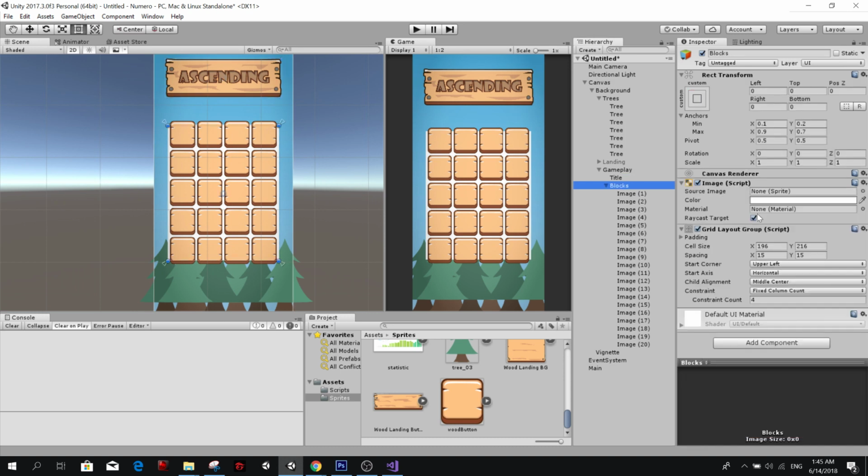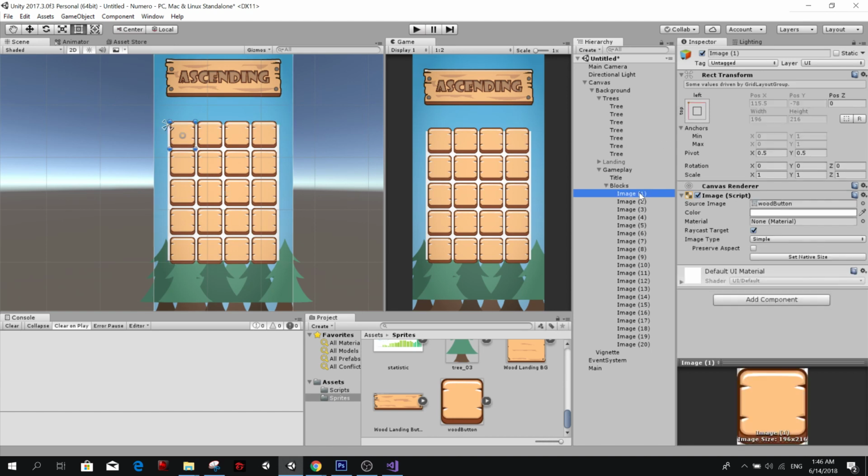So let's go back to the blocks here. Each of these blocks here is actually a button, and we can actually set the buttons here. We'll do that later, not now.